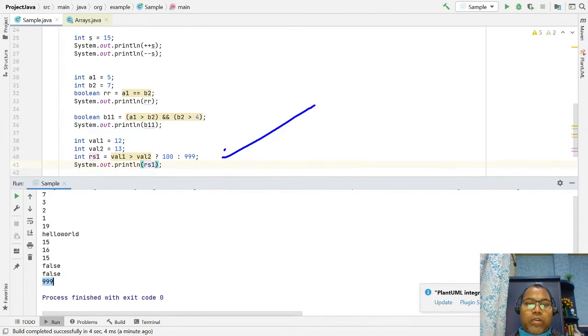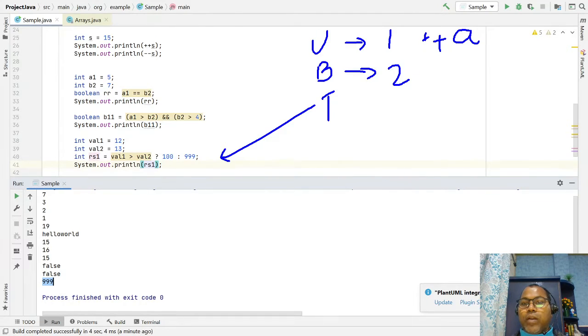We have a unary operator with only one operand, like a plus plus. In the case of a binary operator, we need two operands, like a and b with the plus operator. And the ternary operator needs three operands.